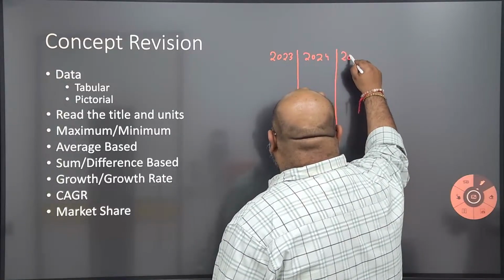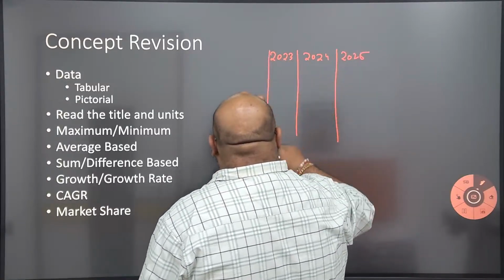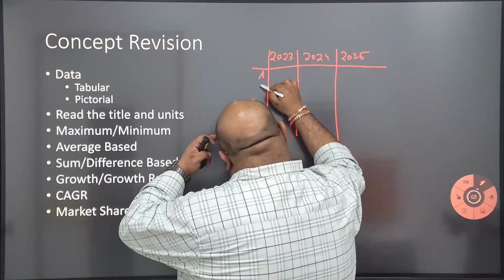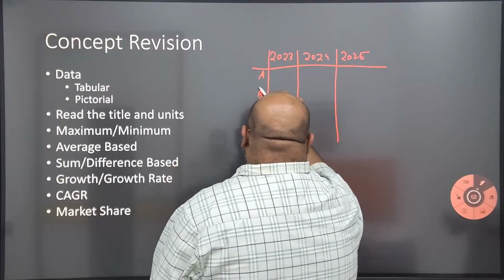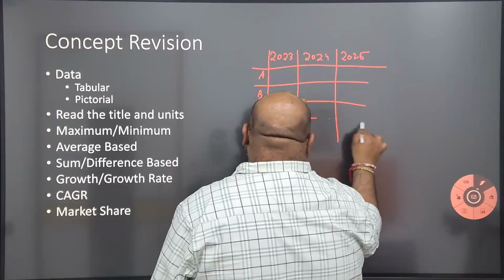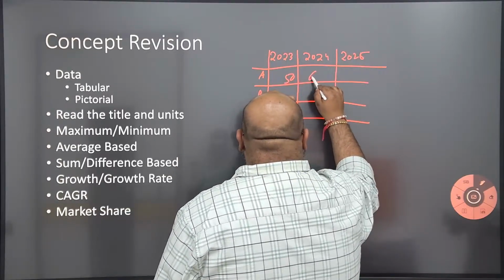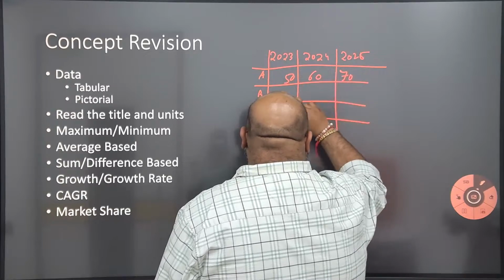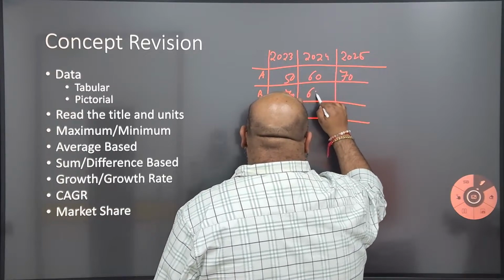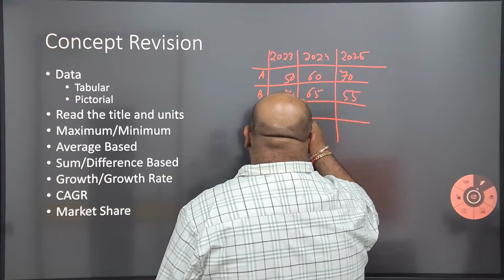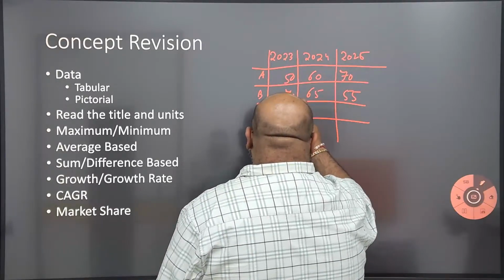We had 4 companies, A, B, C, D, selling products with A starting from 50 going up to 60 and then 70. B starting from 70 going to 65 and then going down to 55. C starting from 60